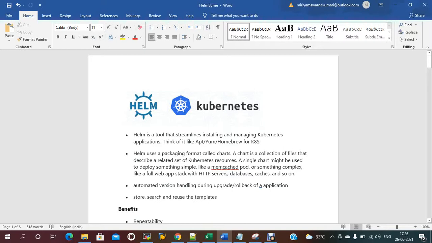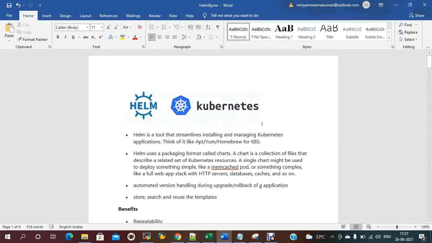So if you want to deploy any application in Kubernetes, we have to write deployment files, service files, ingress files, okay, HPA, service account, all these files we have to write. In Helm, all these files are customizable. If you create an application using Helm, it is easy, because Helm will maintain the template. All the files will come as defaults, and you have to modify them accordingly.